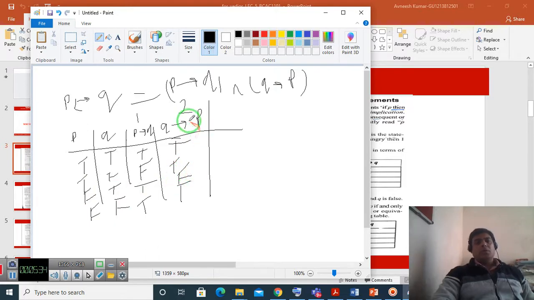Then we will find the conjunction of these two, column number 1 and column number 2. In the conjunction, if both are true the result will be true, otherwise false.